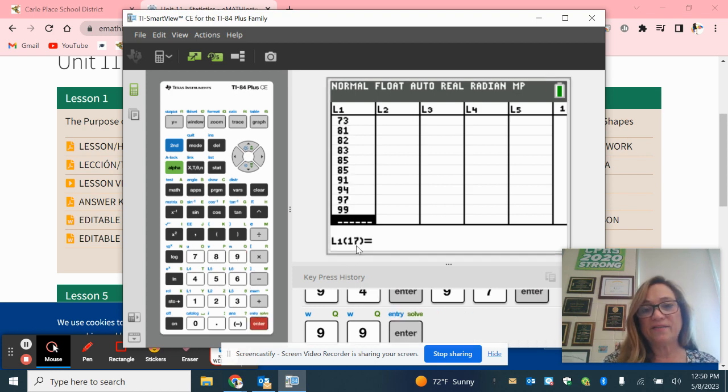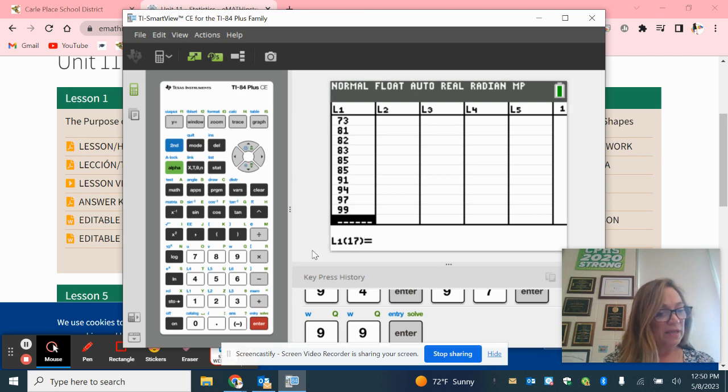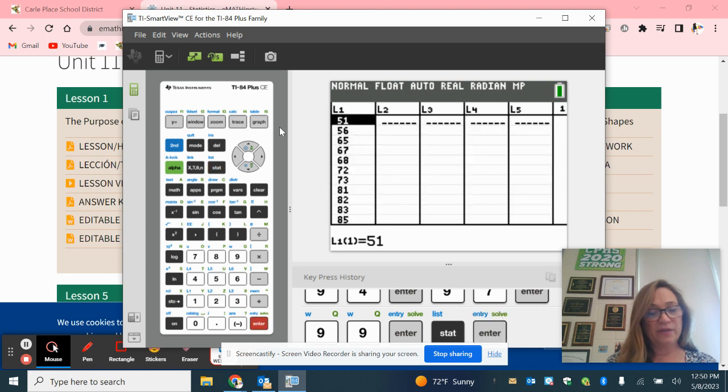So it looks like I have 16 data points. So I'm just going to go back and check that. 2, 4, 6, 8, 10, 12. So that looks good. So the first thing you do is you hit Stat, Enter, and you type in your